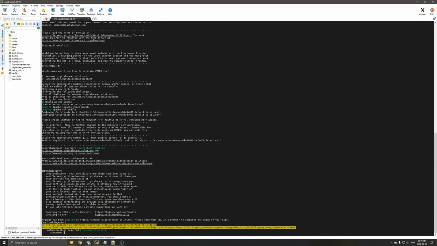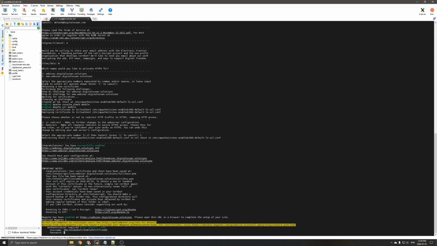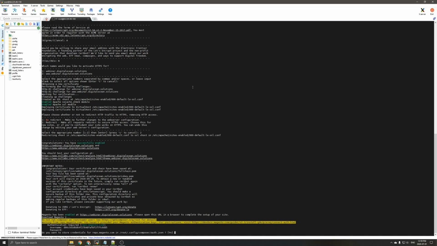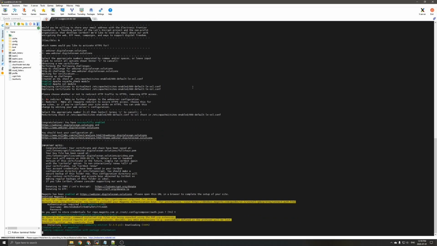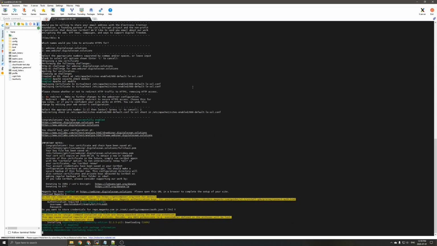It's free. And so when it asks for your username here, it's actually asking for your public access key. And then your password is your private access key. And so I'm just going to paste those in here. You won't see the password, but it is there, obviously. Let me go through. We'll store the credentials,